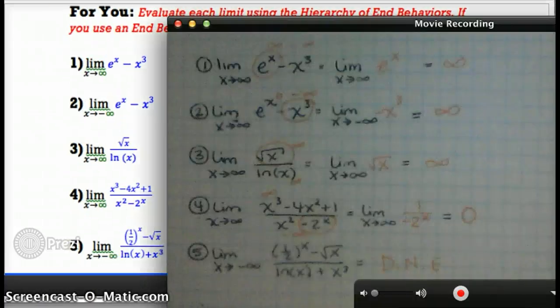And here are the answers as I've worked them out. In each case, I've circled the more powerful function, which then became an end behavior model. Notice that if you're going to negative infinity, e to the x is no longer the more powerful function because at negative infinity, e to the x goes to 0. The last one doesn't exist because of